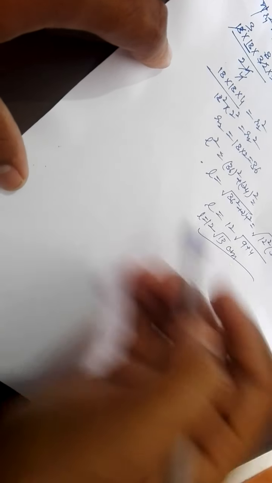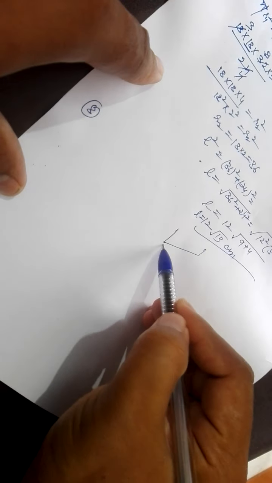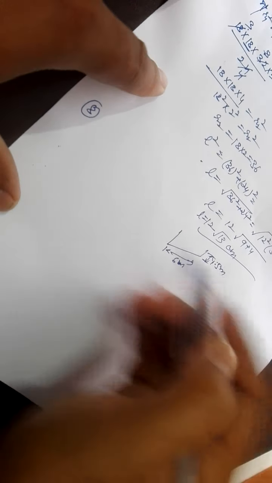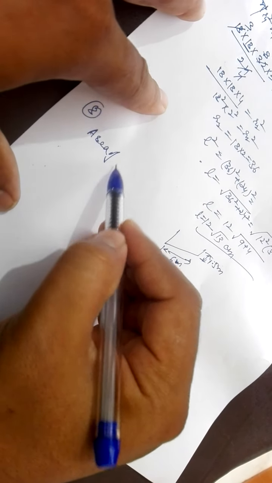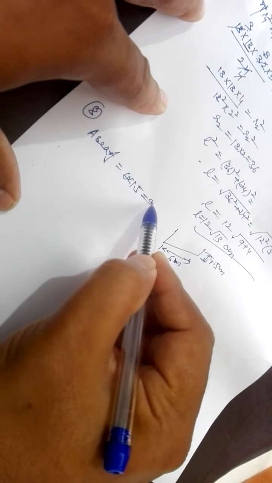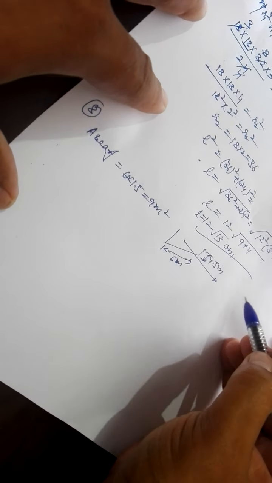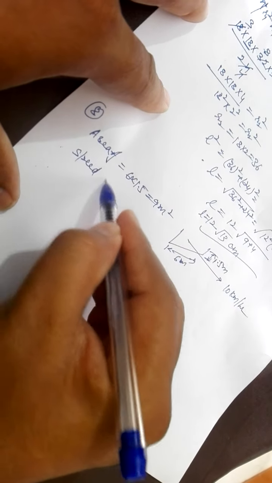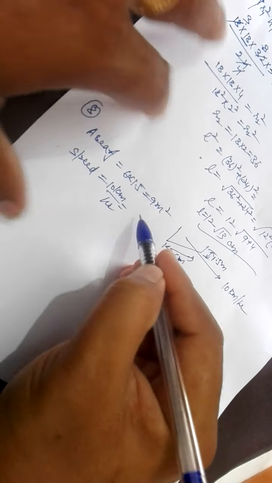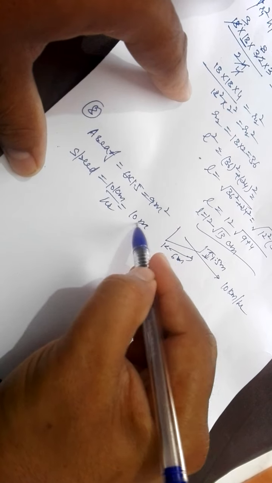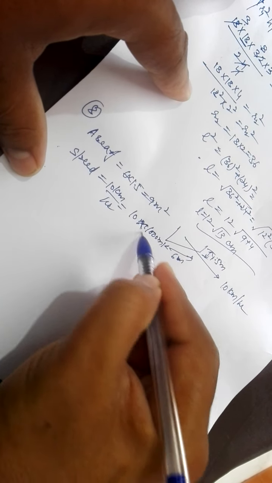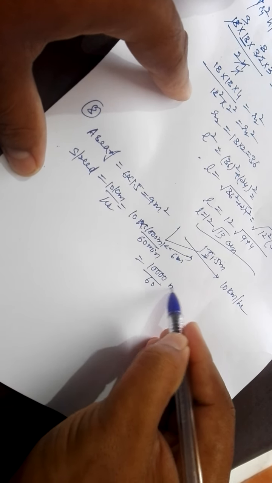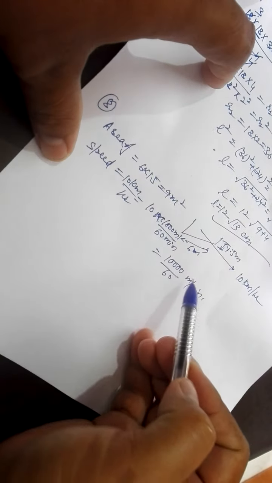Now in the next question we are given a canal of width 6 meter and height 1.5 meter. What is the area of cross section? That is 6 into 1.5, 9 meters square. Now water is flowing at the speed of 10 km per hour in this canal. Now speed how much? 10 km per hour converted into meter per minute. What is 1000 meter in kilometer and meter? 60 minute. Now what we get? Meter per minute.